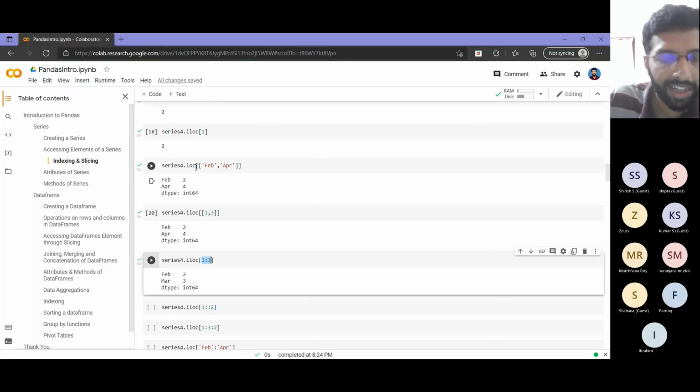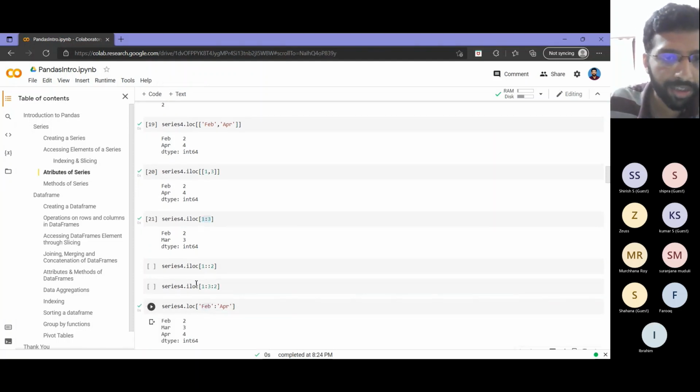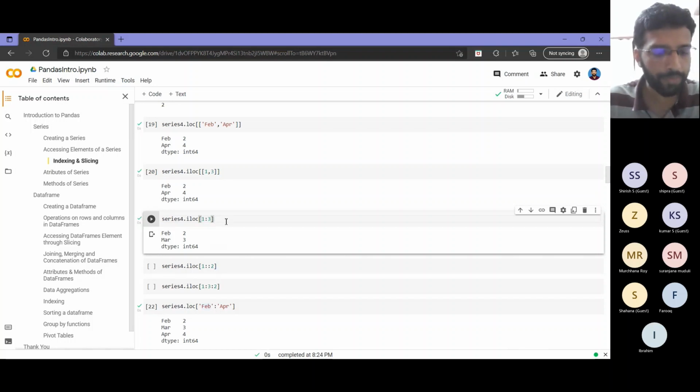So if you print directly February to April with loc, that is also similar to this, and you will get all three elements. Whereas if you print using iloc 1 to 3, you will get only 2 and 3. That is because integer based addressing in Python is just similar to a Python list. Element 3 is not printed.